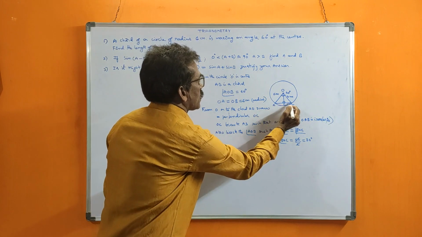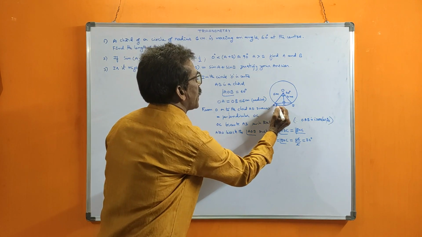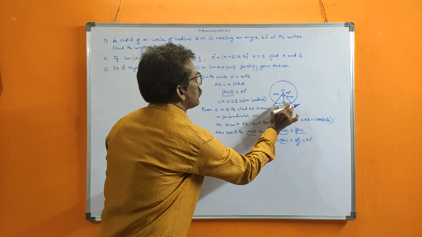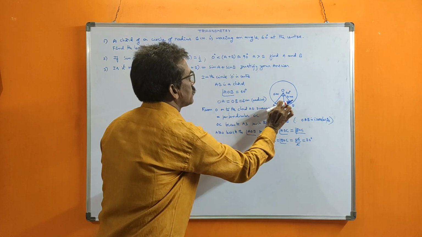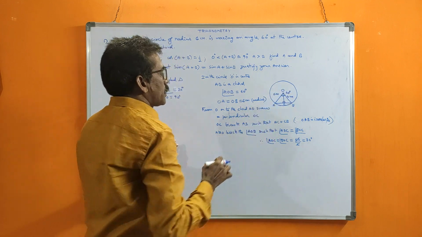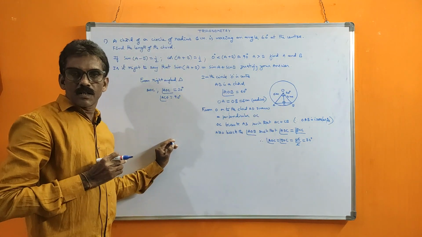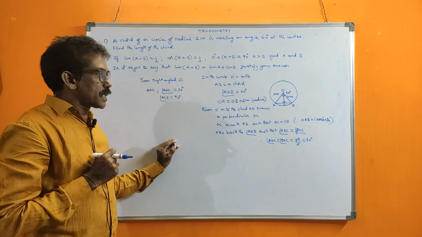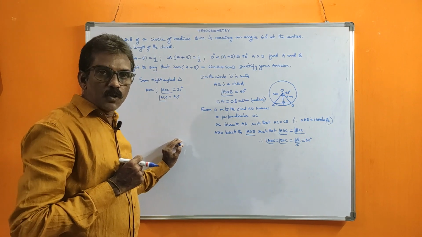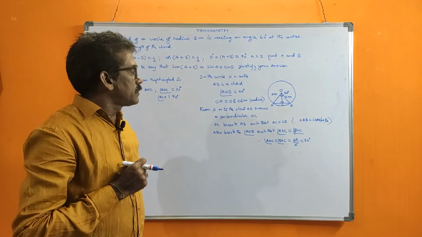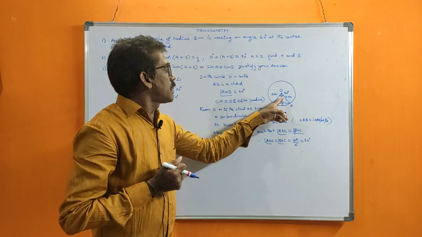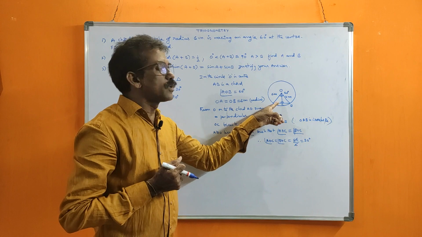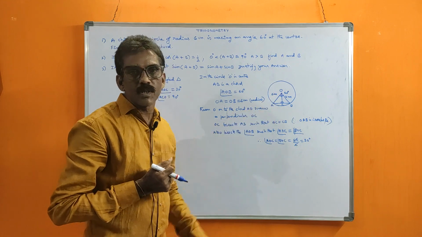In total we cannot find it, but from this triangle we can find this one. This is part of the chord. Because of this construction, we know only the hypotenuse. That's why the trigonometric ratio which has the hypotenuse, that is sin or cos, is the one we can take. Tan is opposite side by adjacent side, and these two values we don't know. We only know the hypotenuse. That's why take sin or cos.